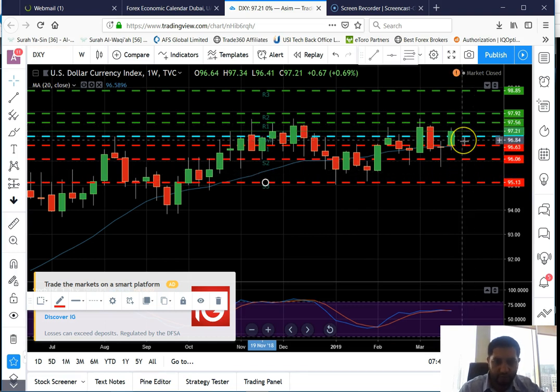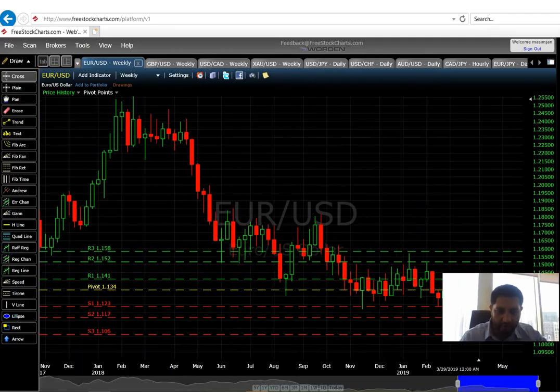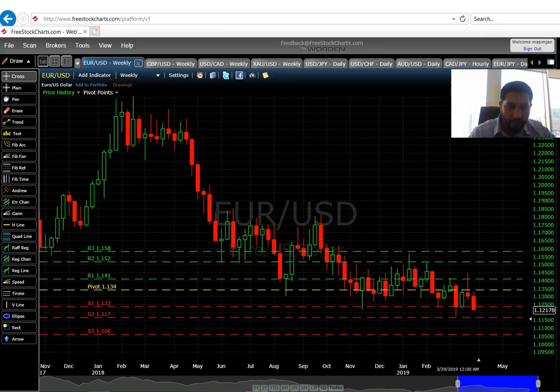I'm bullish at this moment, but there can be bearish momentum on Monday as it might fall to the point of 96.99 or below. But from that point, we would expect volatility and the market to move in the upward direction. Moving on to the EUR/USD on a weekly chart,